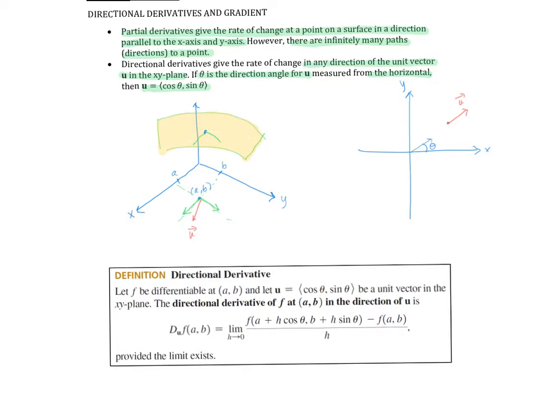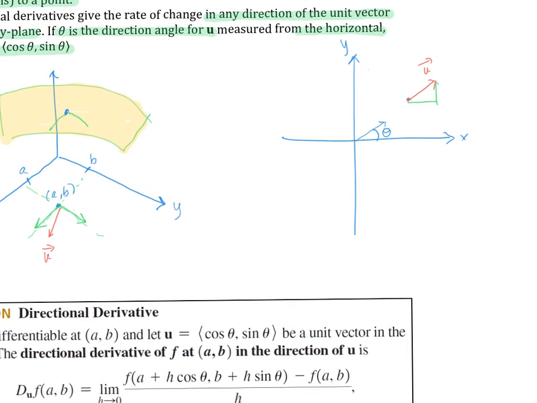Now let's go back to this vector u. If I went ahead and at this point (a, b) drew myself a right triangle and I called the hypotenuse some length h,